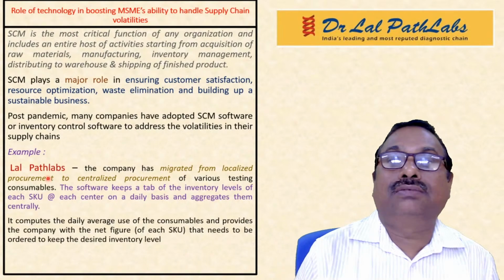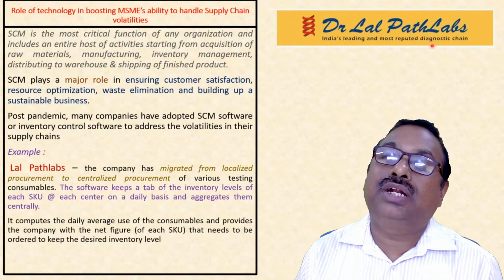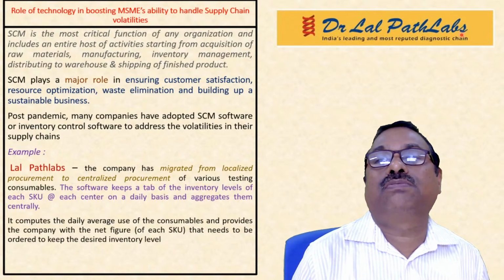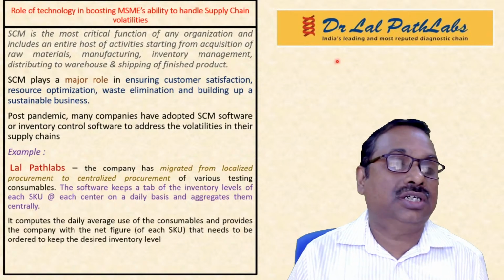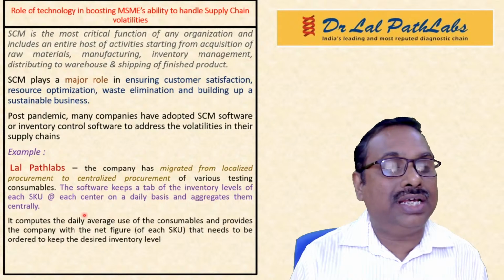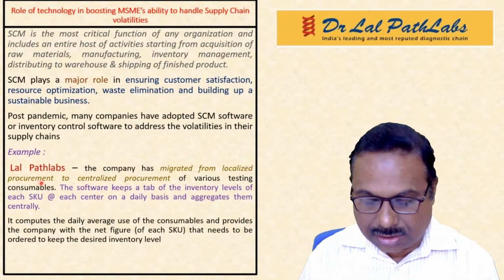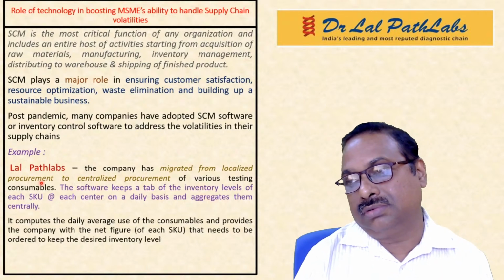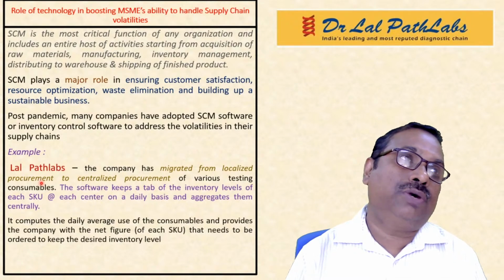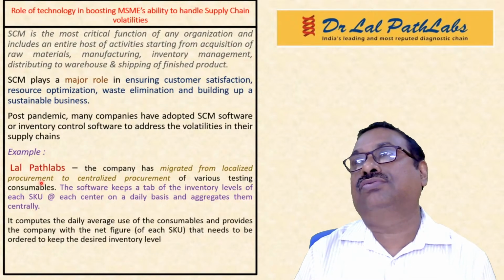This is Dr. Lal Path Labs. It is India's leading and most reputed diagnostic chain. In any city you find a Lal Path Labs diagnostic center. The company has migrated from localized procurement. Earlier, suppose in every city they have a unit, they used to purchase from local vendors. Suppose there are thousands of